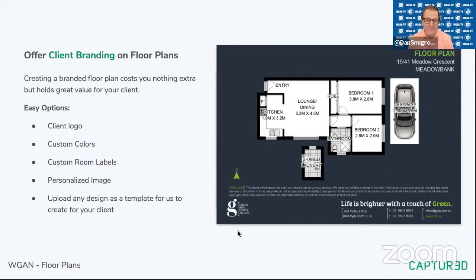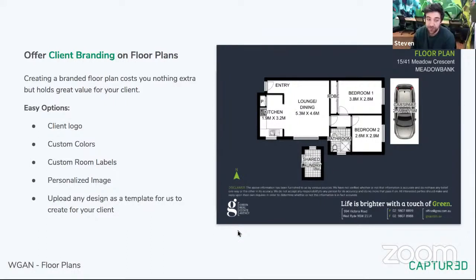I noticed that this floor plan is in English. Are there options for other languages? Yes, we have 5 base languages, being English, German, French, Dutch, and Spanish. But if there's any other languages that we don't have as our standard, we provide a spreadsheet that has a list of room names and then what you would call those room names in your local language. And we use that as a template for you moving forward.